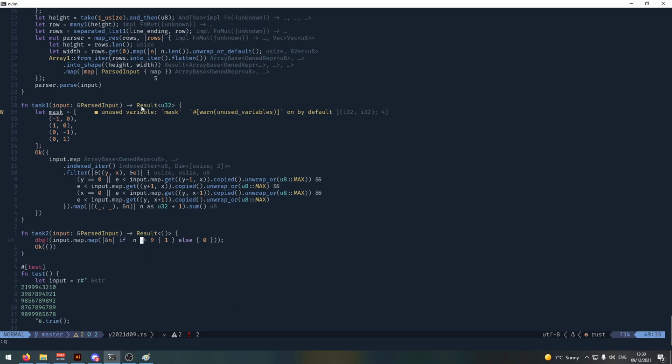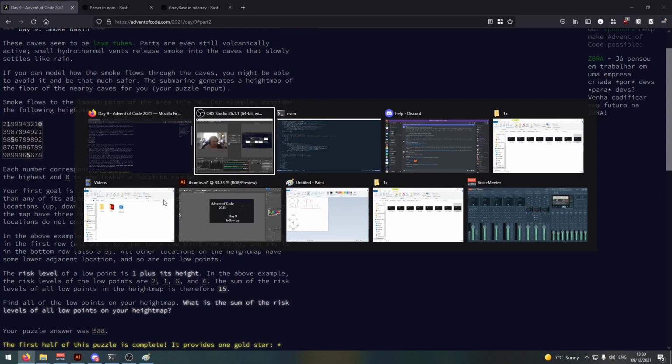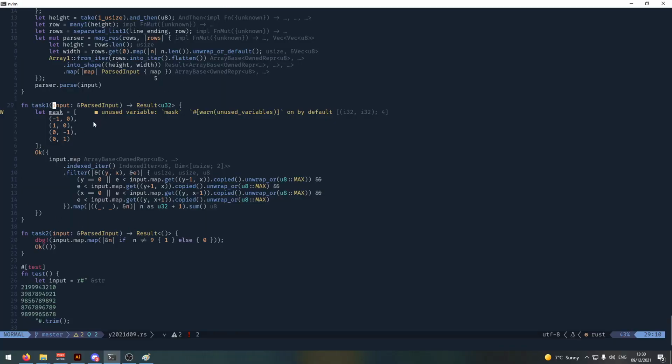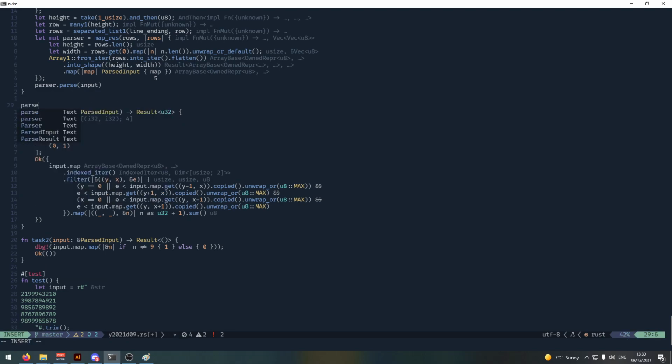Okay, I think the way to do this is actually to pass some information from task 1 to task 2. Because in task 1 we find all of those basins, which is useful, and part of our input spec is that there will always be 9s between basins. No two basins will exist without a division of 9s. So what we can do is write an algorithm that does a search, probably a breadth first, on a region and keeps a tally of how many things it's visited. And then we can just initialize that at each basin location. So we need to slightly modify our task 1 to have a